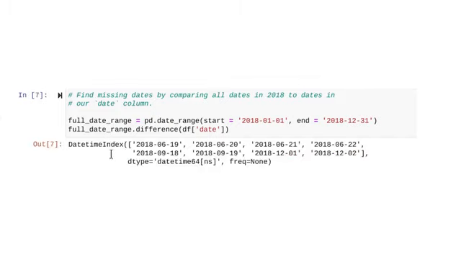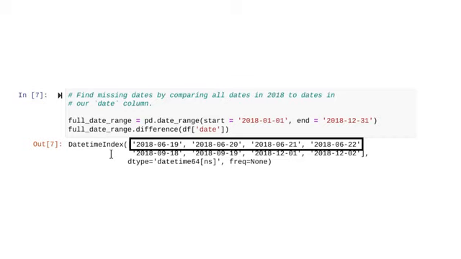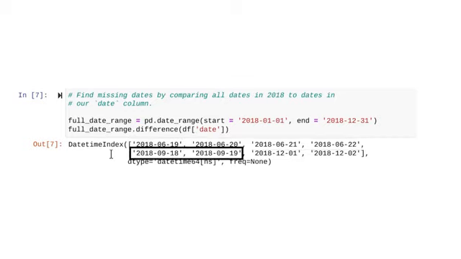The result is interesting. There are 4 consecutive days missing in June of 2018, then 2 consecutive days in September, and 2 consecutive days in December. This finding would be something to investigate or to question the owner of the data to find out the reason why.